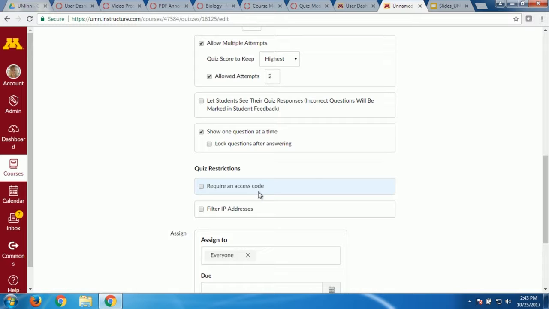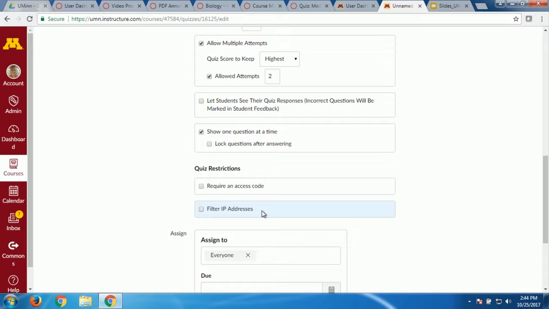Here's 2 more limits for security. You can require an access code. I know a lot of teachers do this. They don't want students who are at home or students doing other things accessing the quiz. So they could have the quiz open and just no student could start until they type the password. So I might want all my students to start at the same time, so I'll require a password, and then they all have to type it in before they can start.